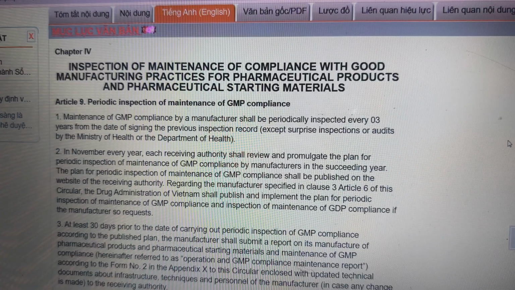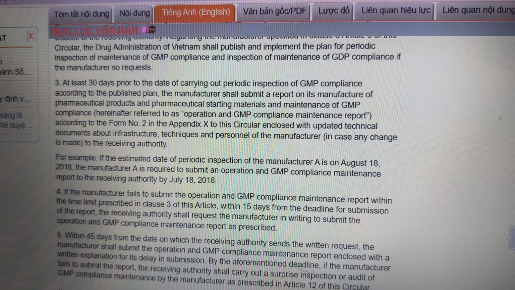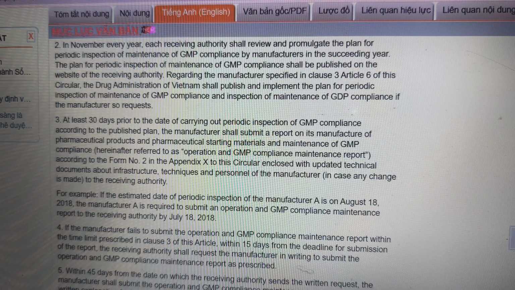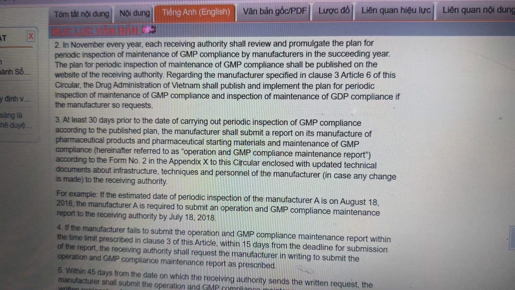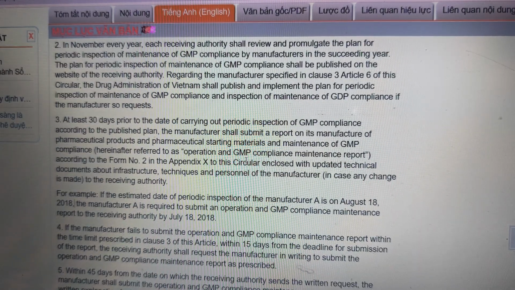For example, if the estimated date of the periodic inspection of manufacturer A is August 18, 2028, the manufacturer is required to submit an operation and GMP compliance maintenance report to the receiving authorities by July 18, 2028. If the manufacturer fails to submit the operation and GMP compliance maintenance report within the time limit prescribed